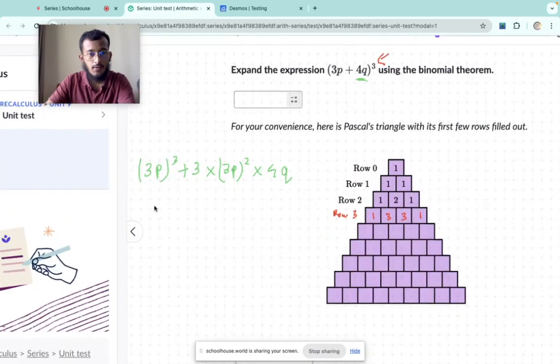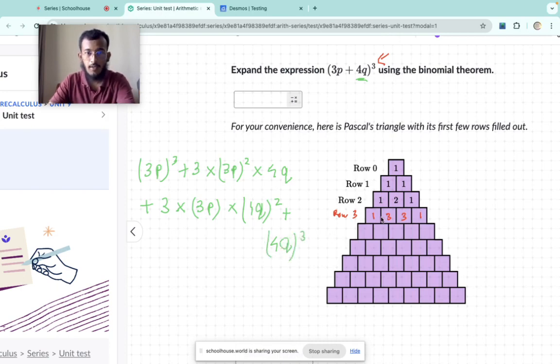I don't have space here, so I use this one. So plus, again, we have the coefficient of 3 multiplied by 3p, this time without any square, multiplied by (4q) whole square. And for the last term, we have 4q